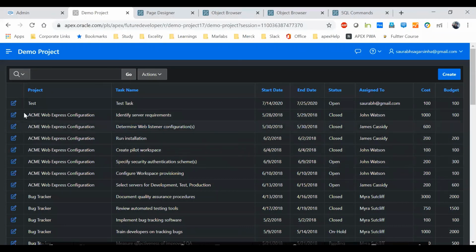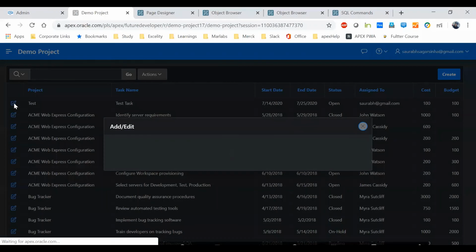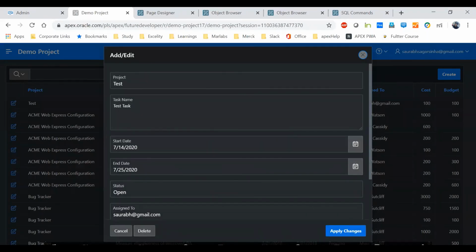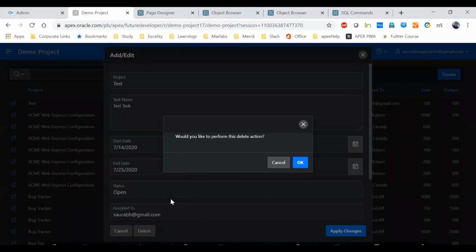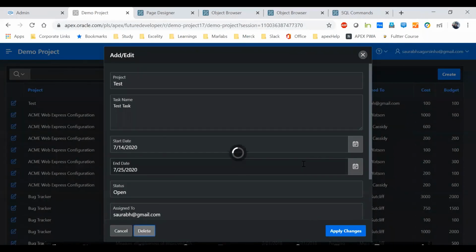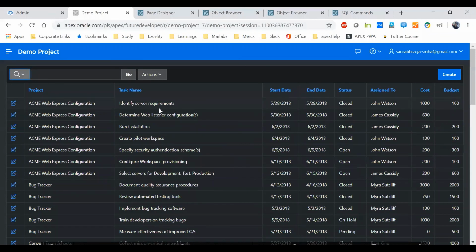Now I'll show you how we can delete the information. Let me click on edit again, and there is a button called delete. When you click on delete, it will ask for a confirmation from the backend. This also can be customized by you. So let me delete it. I'll click on OK, and this row got deleted. As you can see, this report is getting refreshed automatically.